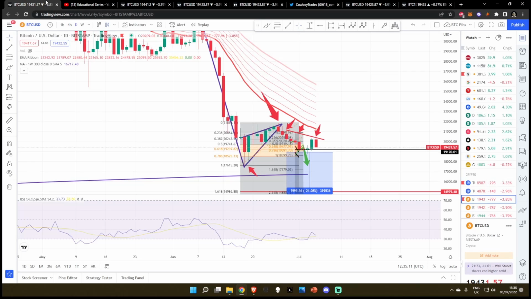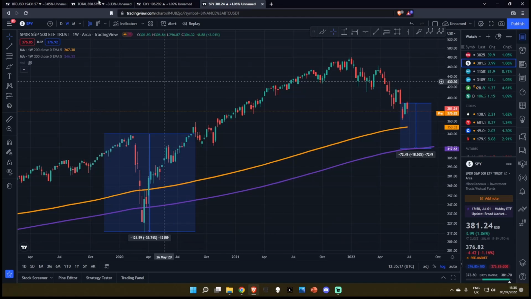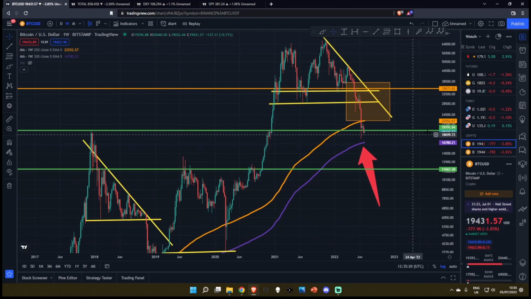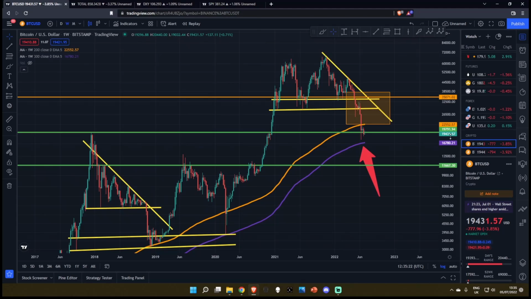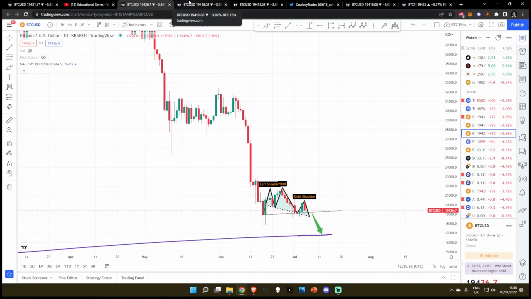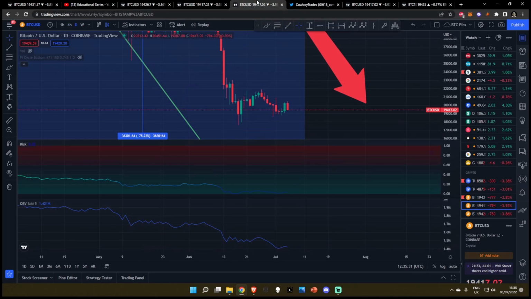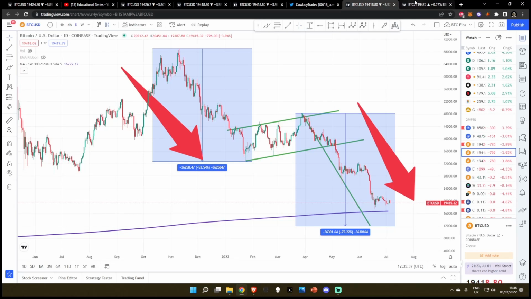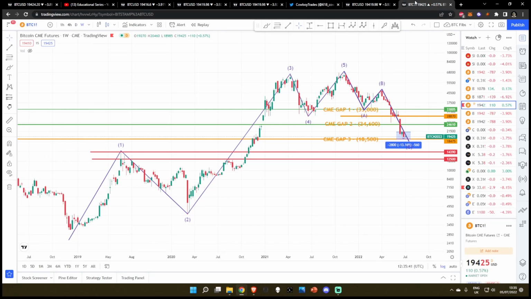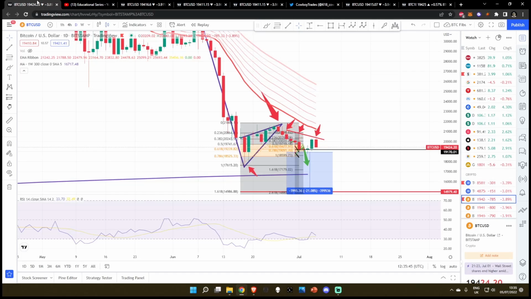I want to start off talking about the market structure in the higher time frames and lower time frames. We'll then be moving on to, once again, looking at how Bitcoin is doing. Why did it have this pump? What does this pump mean? Total crypto market cap, dollar, stock market. Like I said, lower time frames, technical analysis. Then we'll be moving on to the oscillators and talking about a couple of risk metrics, what the oscillator is doing, what the momentum indicators are doing, and finishing off on my bear market low price target. So just like I said, there is a ton to jump into today, so let's start off the video talking